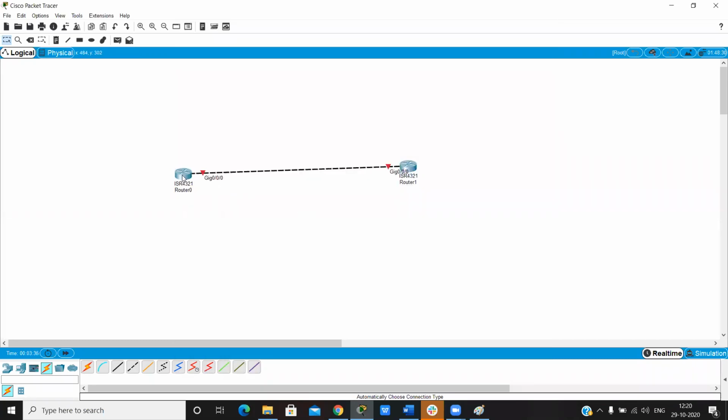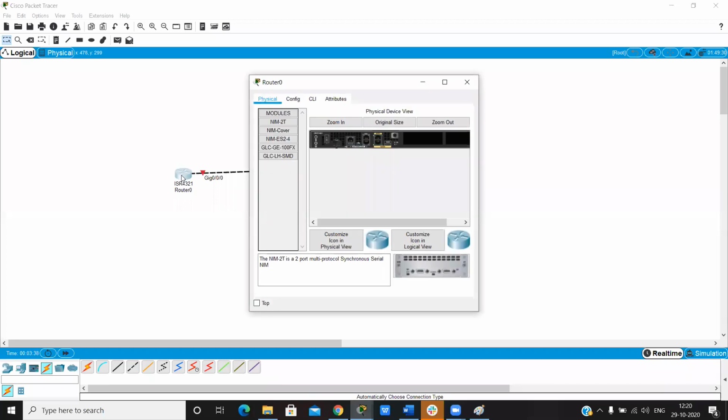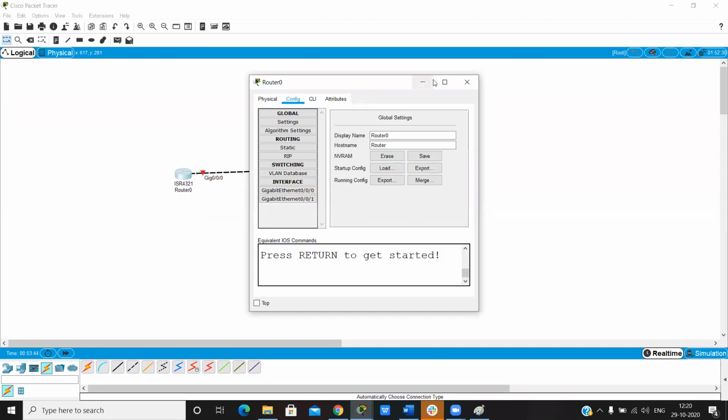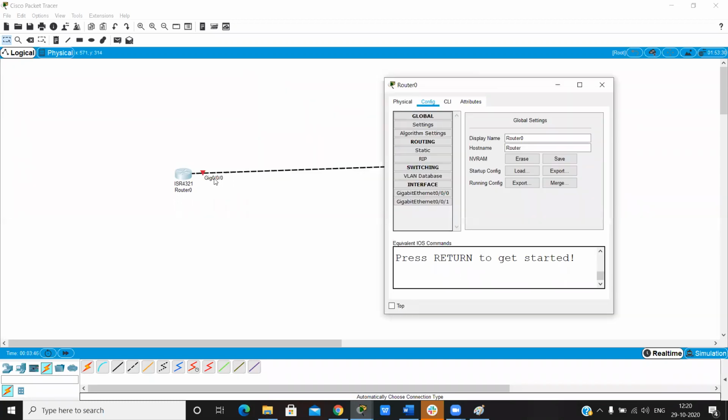Now I click on the router, I get some options. I go in configuration mode and here it shows the interface number where we configure the IP addresses. We always configure IP addresses on the interface.